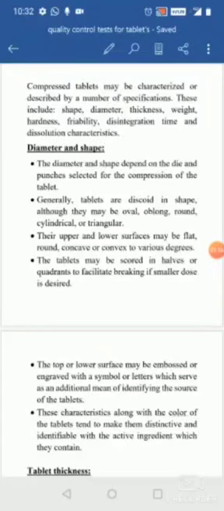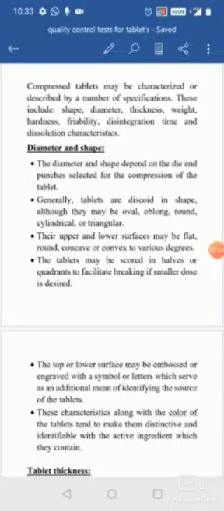The tablet may be scored into halves or quadrants to facilitate breaking if a smaller dose is desired. You can see the various markings on the tablet, which are for easy breaking of the tablet into halves, to reduce the dose.